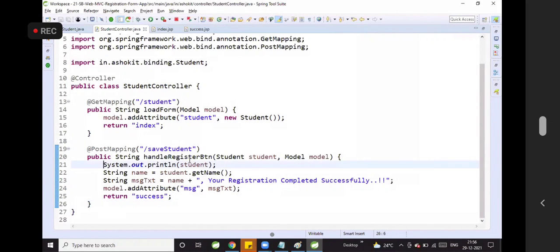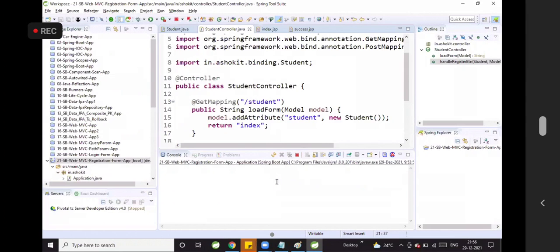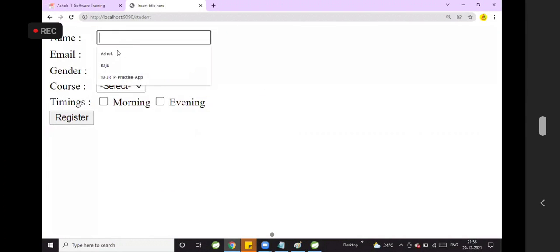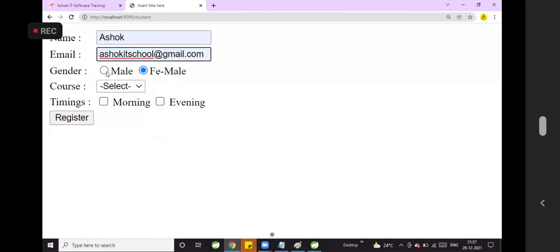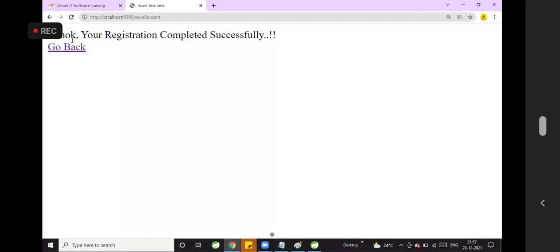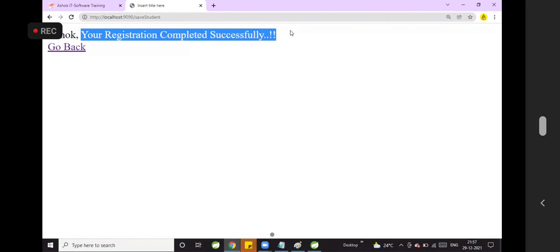In that method we have SOP statement that will print the object. Enter the details: Ashok IT school, gender male, course Java, timings morning and evening. I'm entering the data in the text field, I selected radio button, I selected drop down value, I selected checkboxes. Click on register. Ashok, your registration completed successfully.